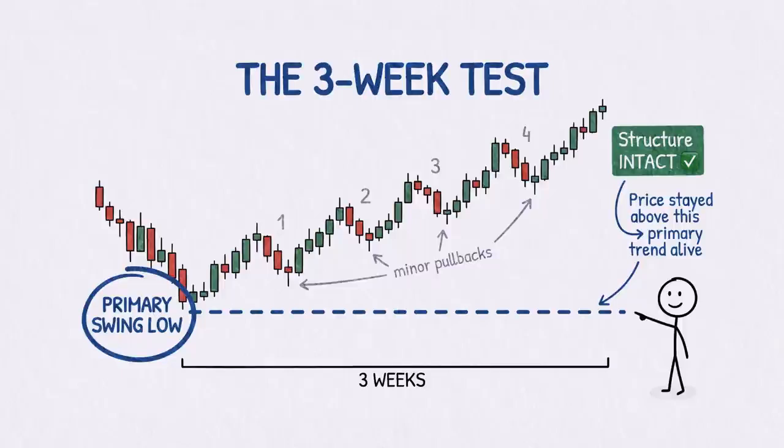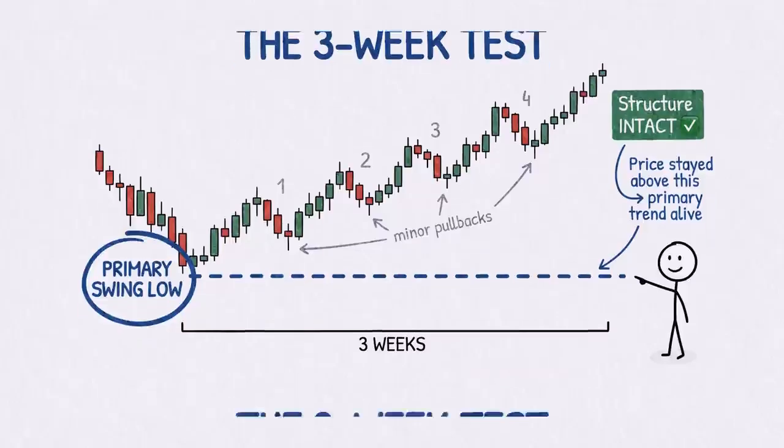Imagine price makes a strong move up over 3 weeks. Along the way, there are 4 small pullbacks, each lasting a day or two. Those 4 pullbacks create 4 minor swing lows. But the primary swing low is at the very bottom, where the 3-week move started. As long as price stays above that low, the primary structure is intact, no matter how many minor pullbacks happen